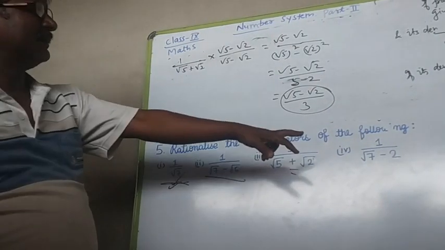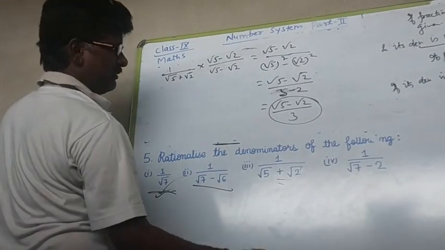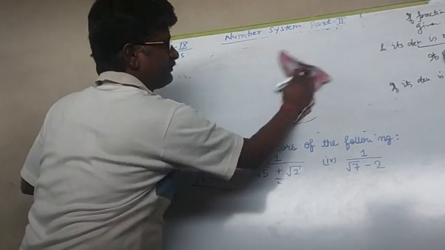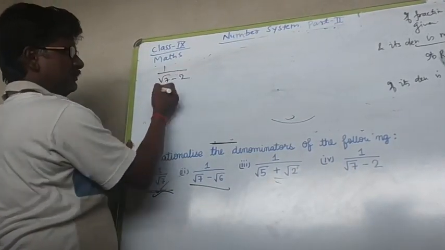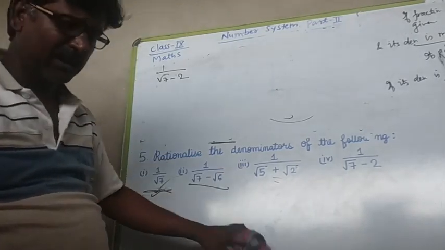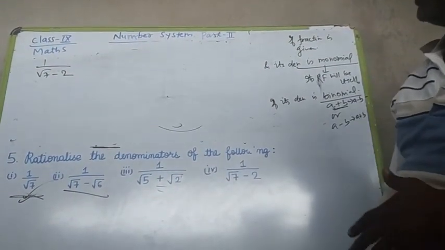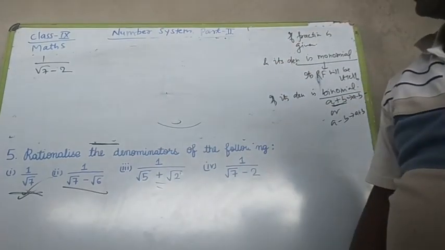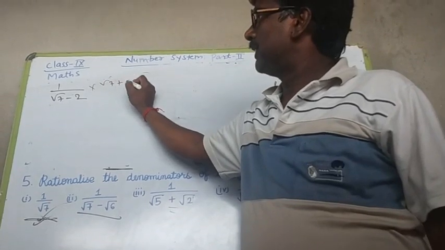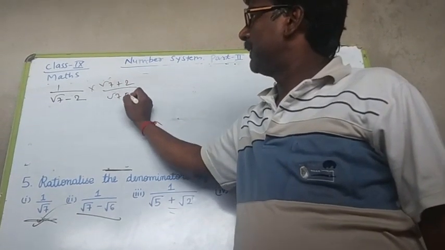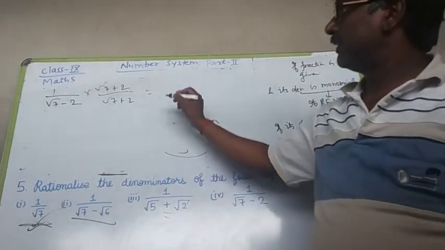Okay. And once again, the same type of question is given: 1 by root 7 minus 2. The denominator is once again a binomial in the form of a minus b, so its RF will be a plus b. So we have to multiply its numerator and denominator by root 7 plus 2 by root 7 plus 2. And when root 7 plus 2 is multiplied with 1, we get simply root